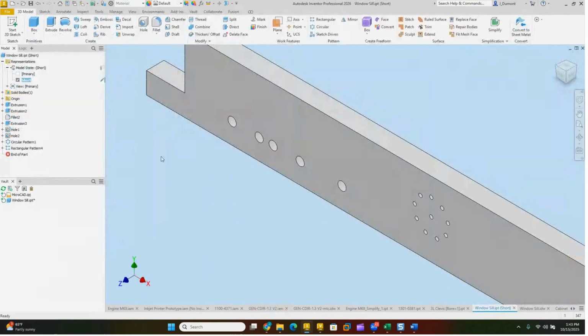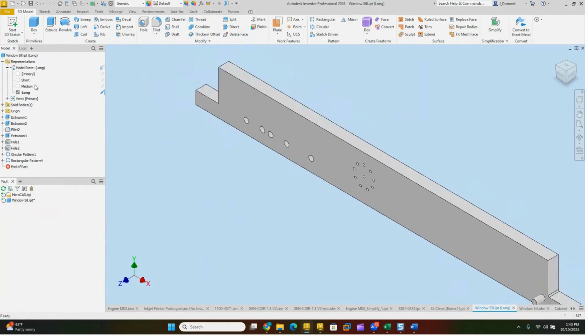Absolutely. So in the model states, I might have a short, and I'll do another one, and then maybe a medium, and let's do a third one. We'll do one that's a long. Okay. So if I activate the short,